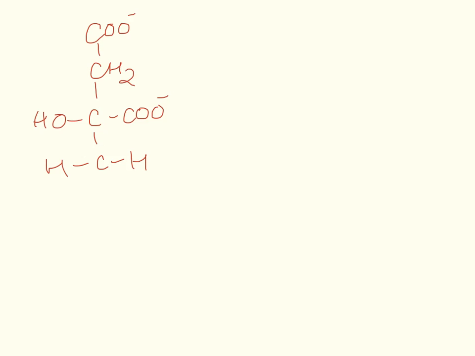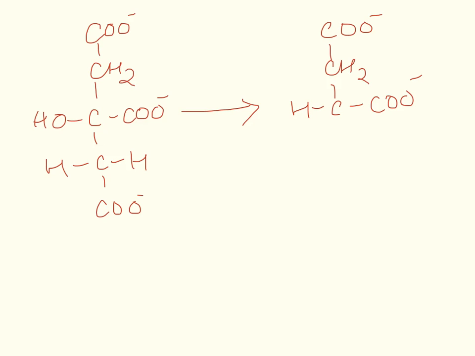The citrate then isomerizes to isocitrate. So COO minus, CH2, CCOO minus, H, CH, OH, COO minus. Okay, so if you look at it,